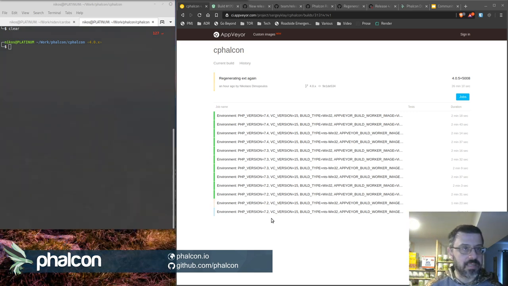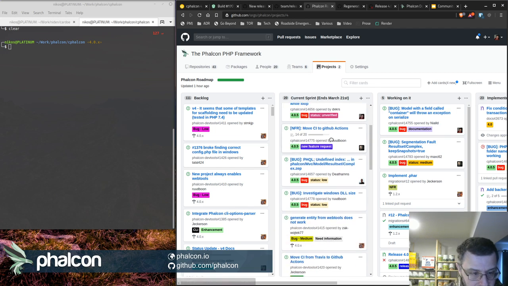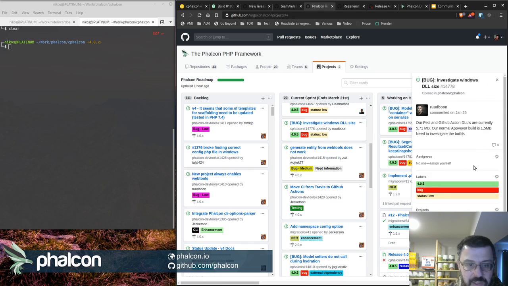Now we did manage to build some DLLs using GitHub Actions, but their size was quite significantly higher. And I'll give you an example. Somewhere here in the project cards, there is this bug here, investigate Windows DLL size, which our PECL and GitHub Action DLLs are currently at 5.71 megabytes. Normal AppVeyor is